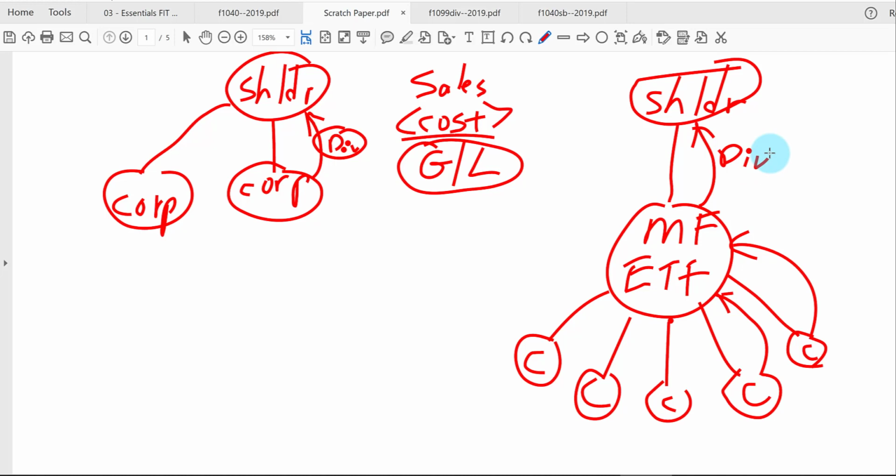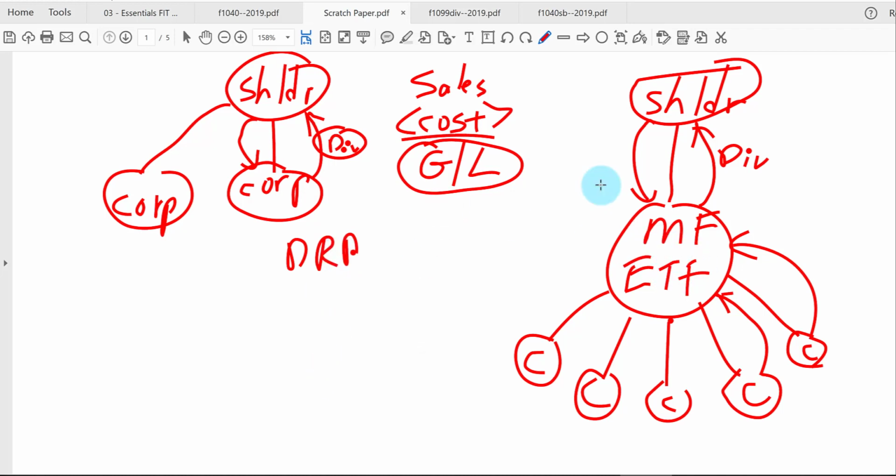Sometimes dividends are reinvested by the shareholder to buy more shares of stock. That dividend is still taxable to the shareholder. Likewise, for individual corporations, the shareholder may buy shares of that stock. Sometimes we call it dividend reinvestment program or DRIPS. You still have to recognize the dividend as taxable, even though it's being kept by the corporation or being kept by the mutual fund. Going back to